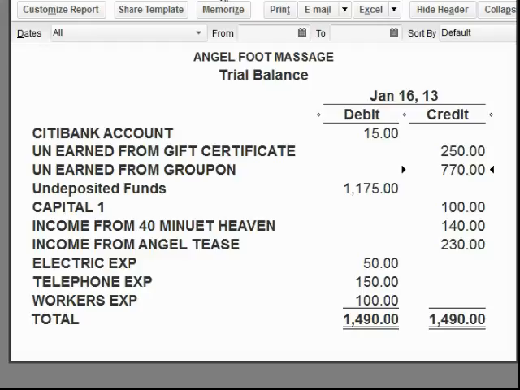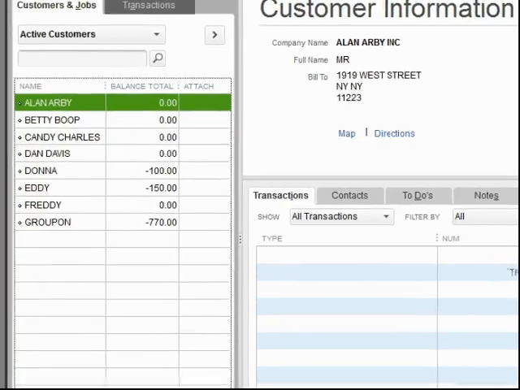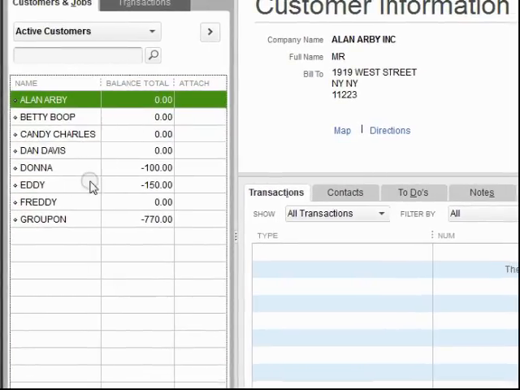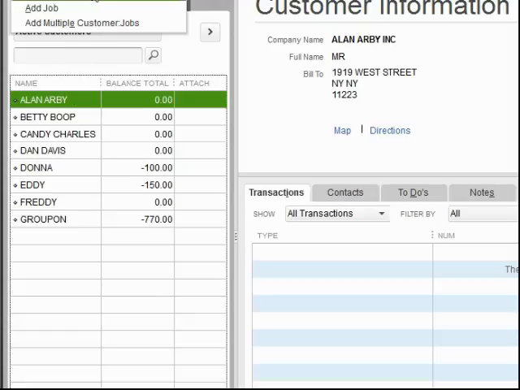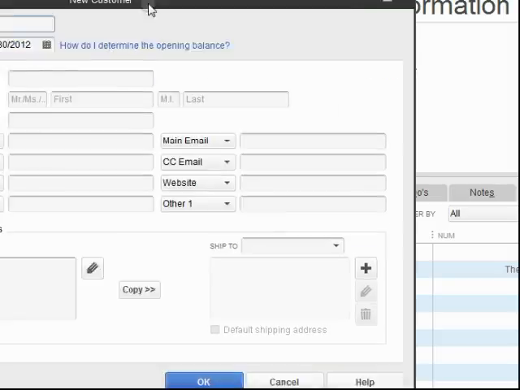You are not finished after you make a Groupon invoice. After you make a Groupon invoice, you need to go to the Customer Center and put in the notes of that particular customer the date and time, etc., that the customer was visited. So, we go to Customers in the Customer Center, and we said in this particular case it was Jeff, so I guess we'll have to add Jeff,